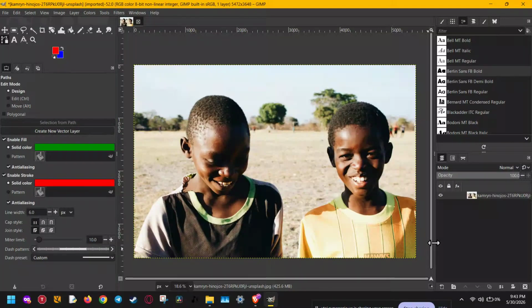If you want to give your photo that classic, aged, vintage look, then in this video I'll show you exactly how to apply an old photograph effect with G'MIC in GIMP. This is a simple but powerful edit that can instantly make a modern image feel like it came straight out